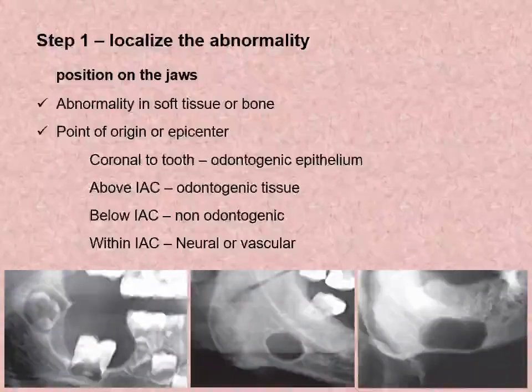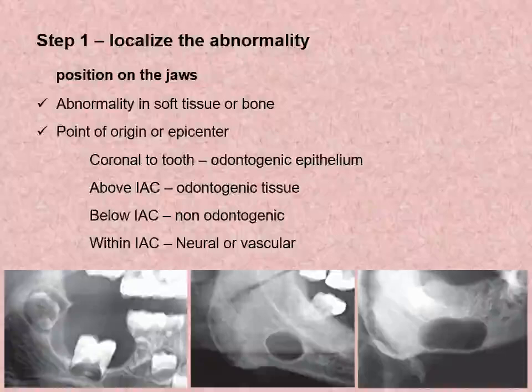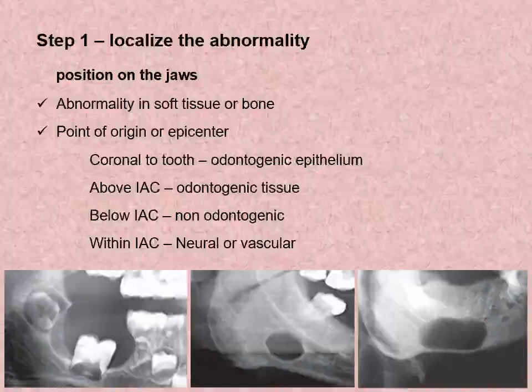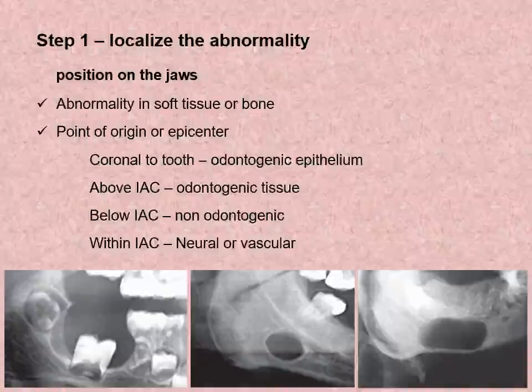Next, the position of a lesion in the jaws. We need to identify whether the abnormality is in soft tissue or in bone. And second, we should identify its point of origin, commonly called the epicenter. If a lesion arises coronal to the tooth, that is usually of odontogenic epithelial origin. If a lesion is arising above the inferior alveolar canal, that is again of odontogenic origin, as shown within image